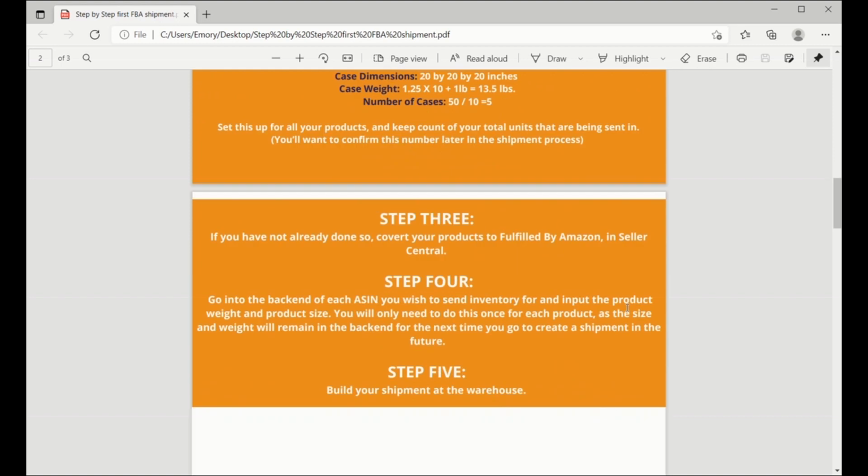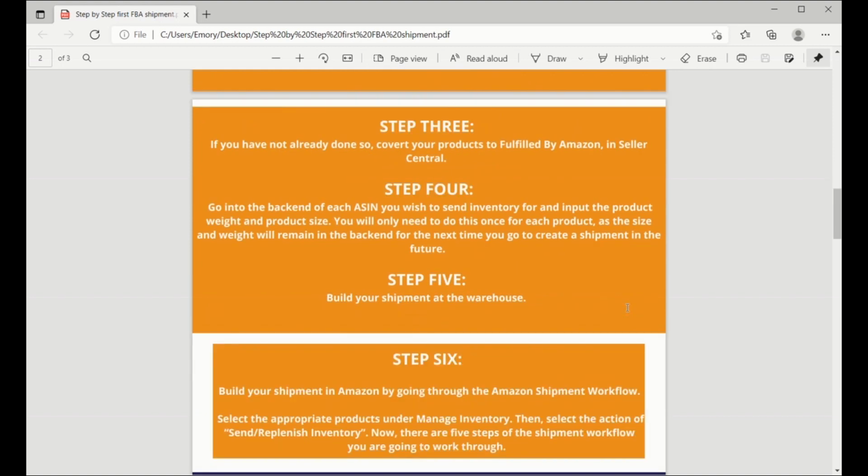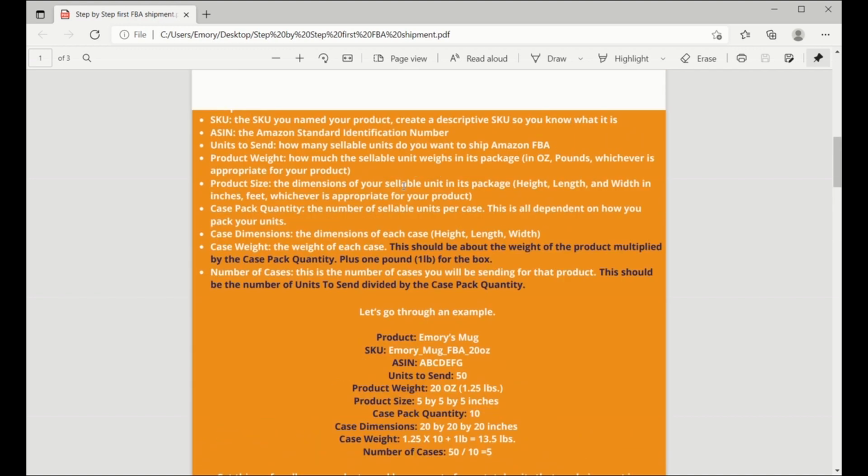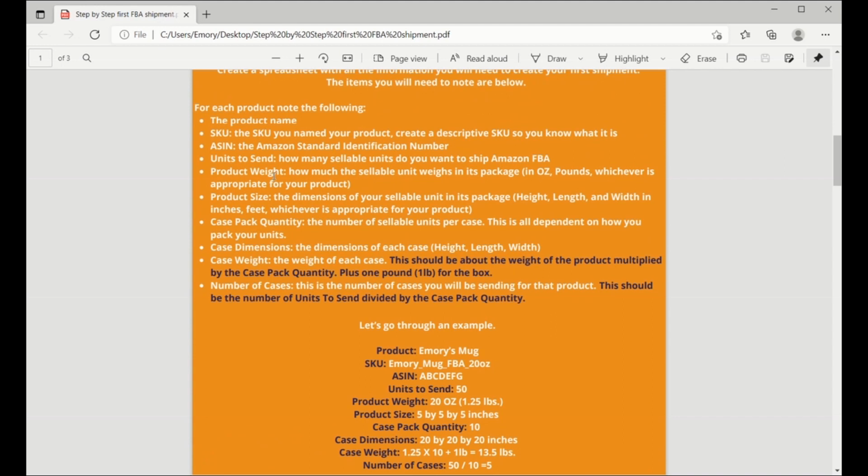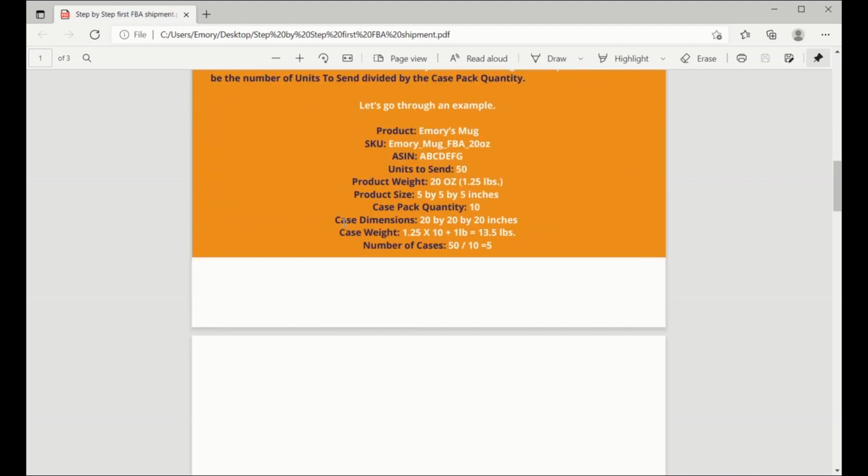Okay, step 3, if you haven't already done this, convert your products to Fulfilled by Amazon in Seller Central. Step 4, go into the back end of each ASIN that you want to send FBA inventory for and input the product weight and the product size. So these sections that we talked about up here, the weight and the size,